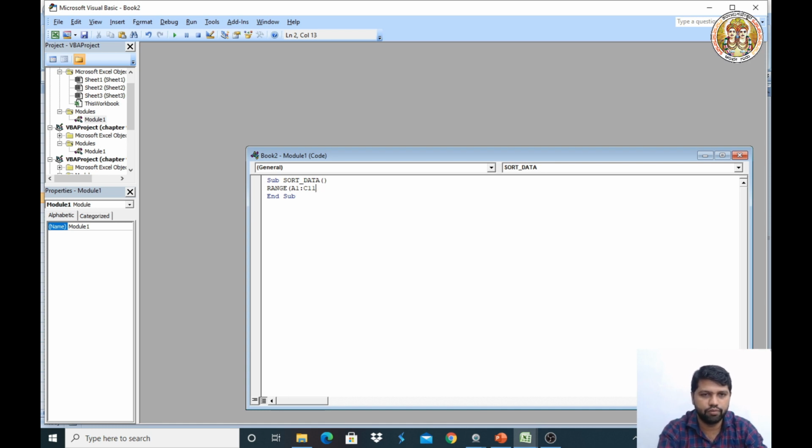Next, it should be in double quotes. Close the bracket, comma. So here the Sort Key1 equals to Range. So which column? According to alphabetical order, I'll take B1.